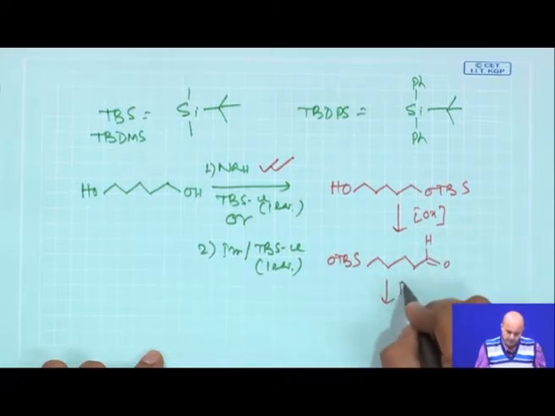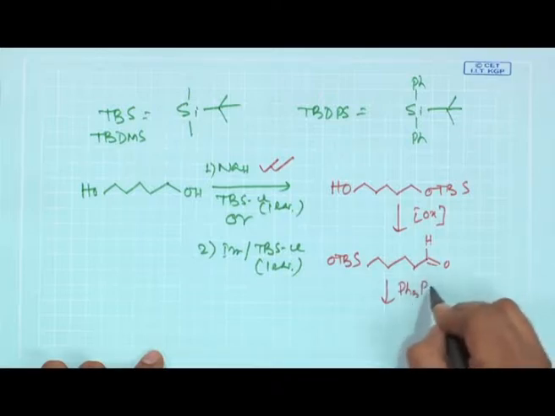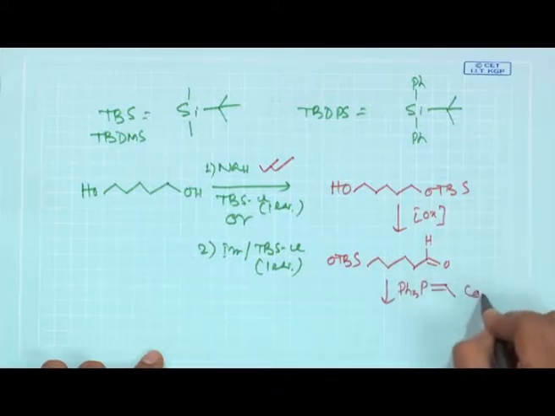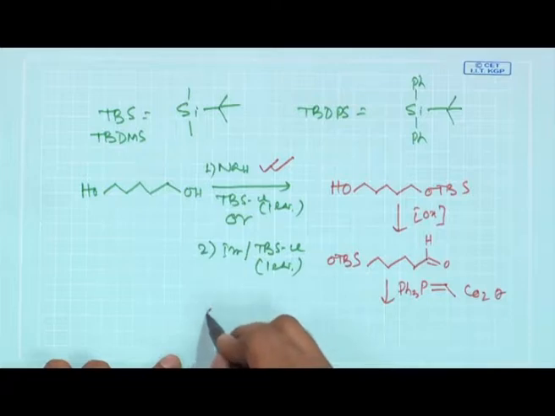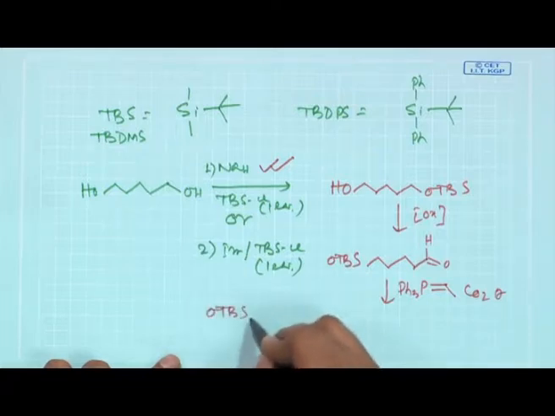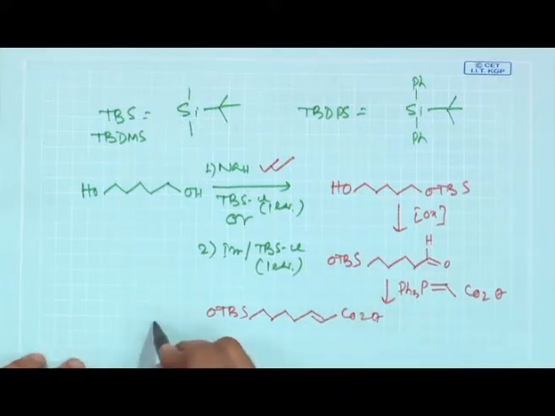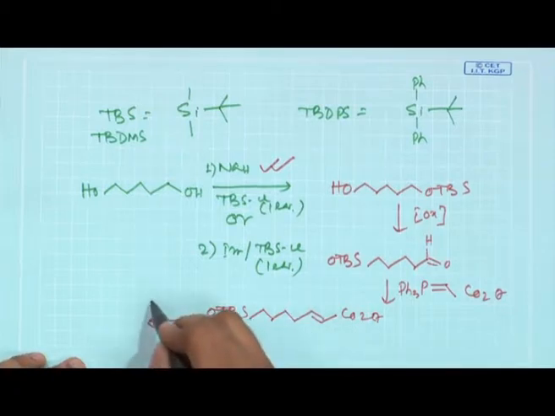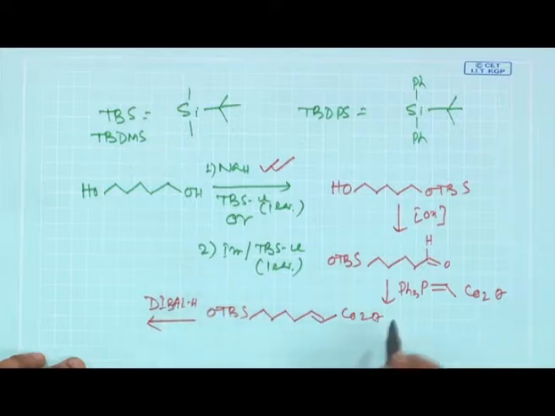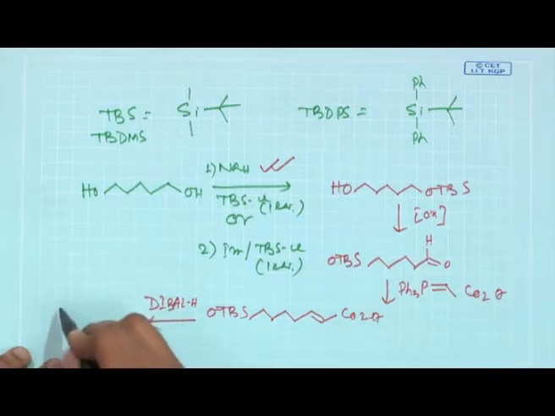Next, your Wittig reaction will be done and you will get the alpha beta unsaturated ester, CO2Et. Next, as I said, this can be easily reduced by a mild reducing agent, DIBAL, which won't touch the double bond, only reduces the corresponding ester, and basically you will get